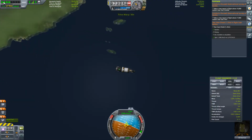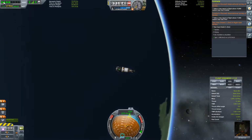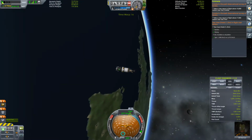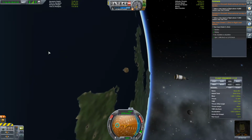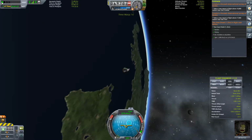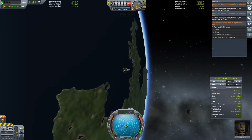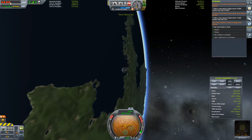That is probably going to be enough, I think, by the skin of our teeth, to get Bill Kerman out of orbit here. Let's get rid of that stage. Let's point ourselves prograde if it's going to be possible. Let's not spin too fast. I don't want to make poor Bill sick. Let's see if we can just get ourselves...